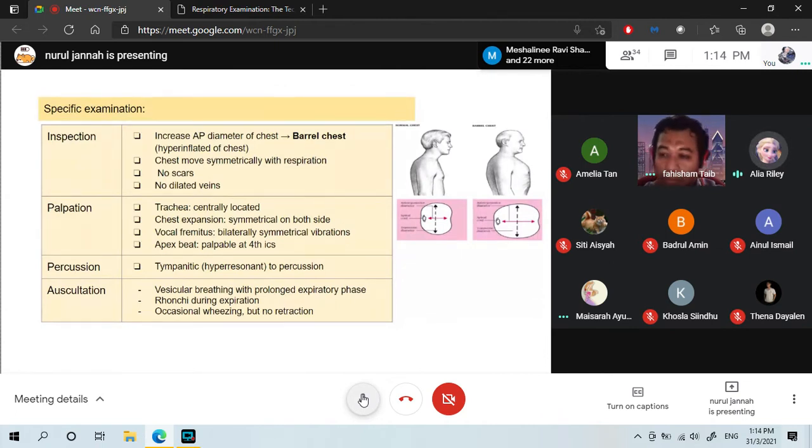Doctor, what about Harrison sulcus? Thank you very much, Alia. Okay, Harrison sulcus. So, does he have any Harrison sulcus? That's much more important for me rather than barrel chest. This is hyperinflated chest wall, pigeon shape, but a child who has asthma will be coughing and spluttering for a long period of time. Therefore, they should have clinical signs, and those clinical signs, which are much more important, is Harrison sulcus.